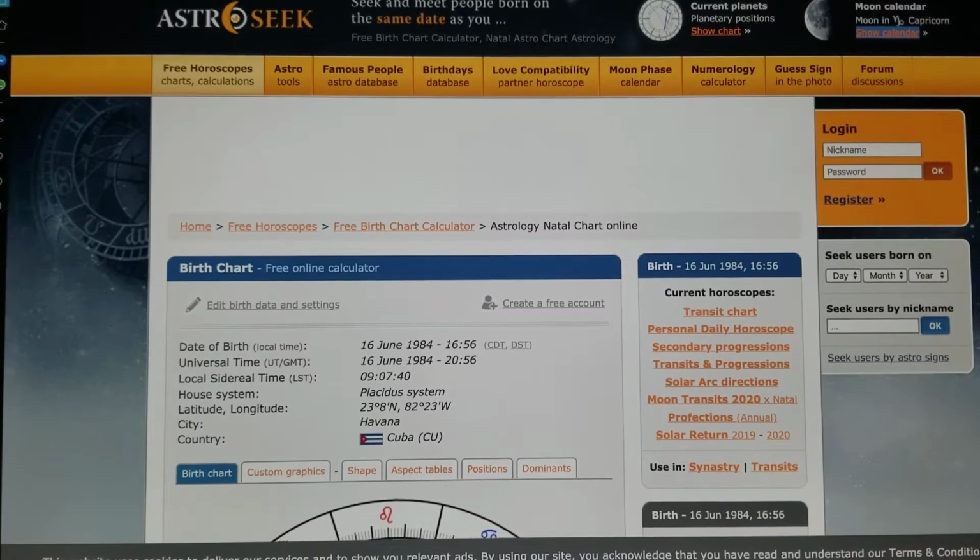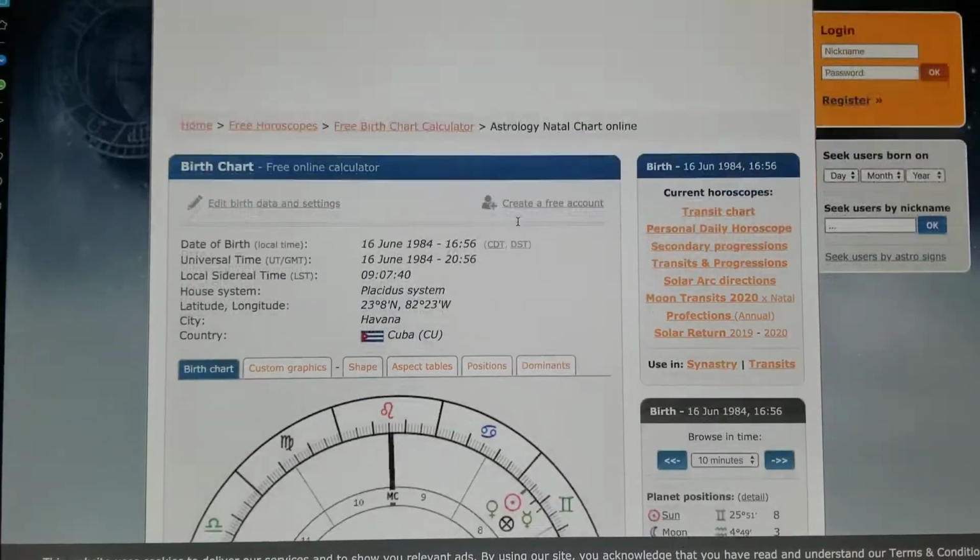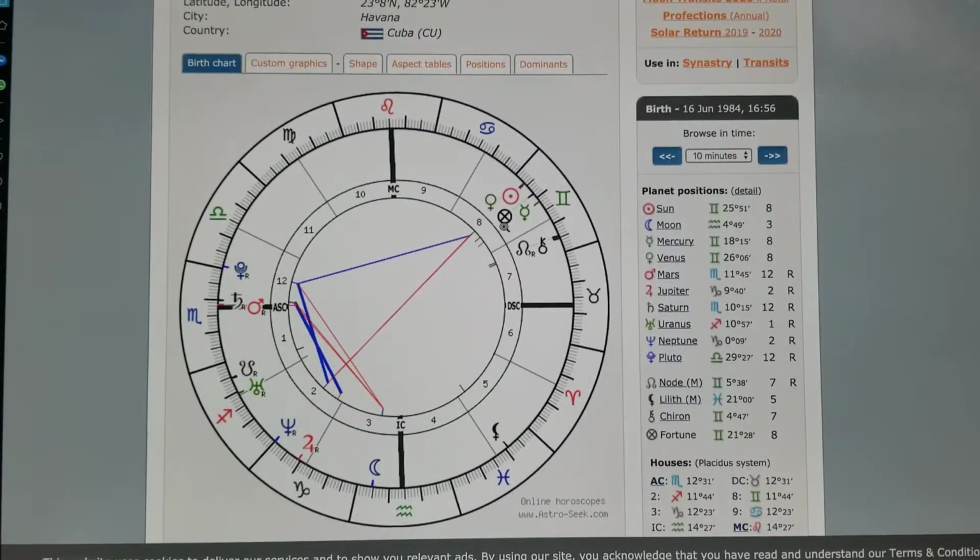Welcome back, guys. Today I'm going to be talking about the aspects. So if you remember from my last video, you can come to this page, astroseek.com, put in your information and bring up your chart. It's going to look something like this, okay? This is my chart. In the previous videos, part 1 and 2, I talked about the planets, which is the